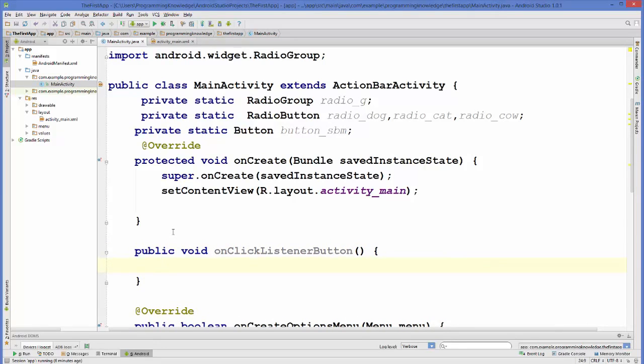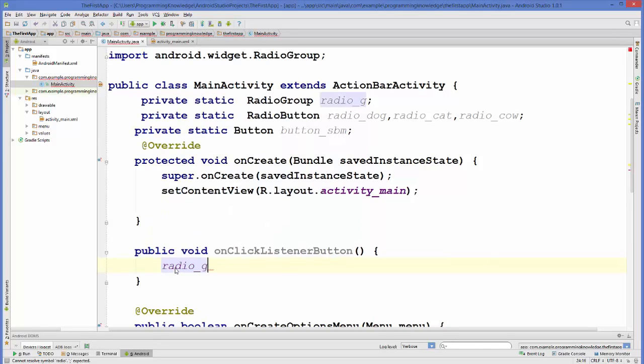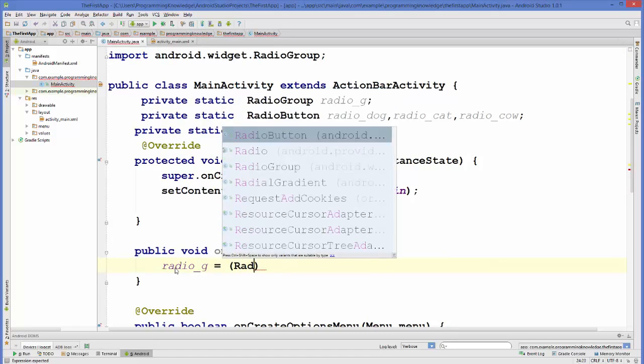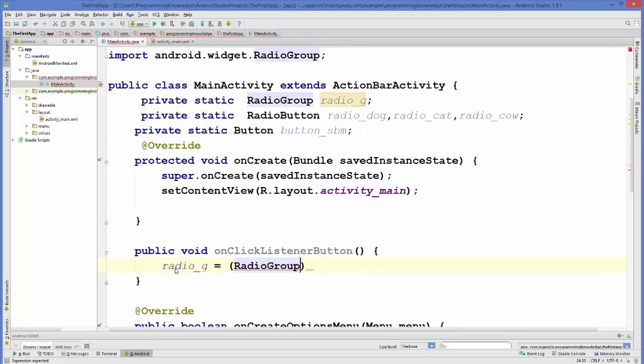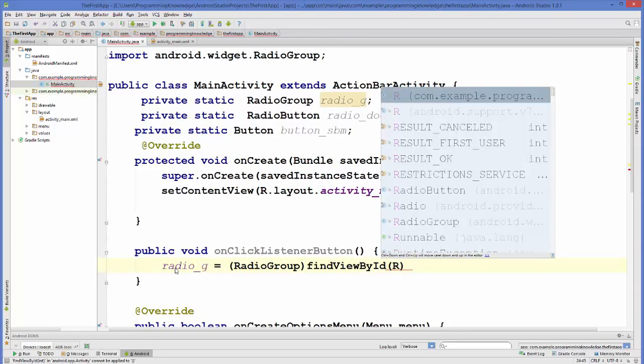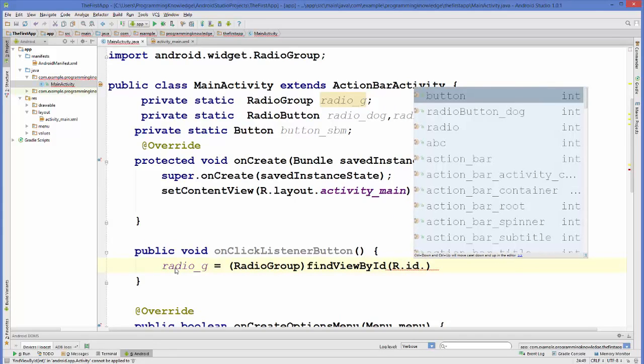And inside this method, what we are going to do is we are going to cast our radio group first. Okay, so in here, radioG for radio group is equal to, in the bracket, RadioGroup, and we will find it by ID. So findViewById, R.id.radio group, right? So the name of our radio group was,